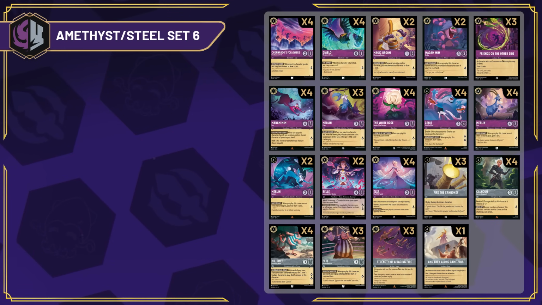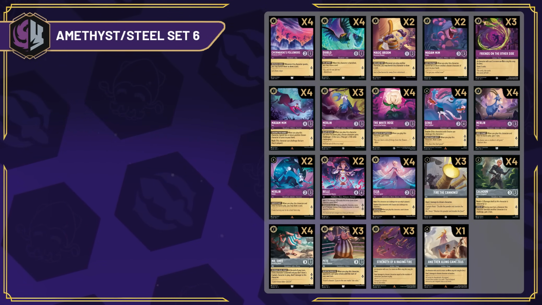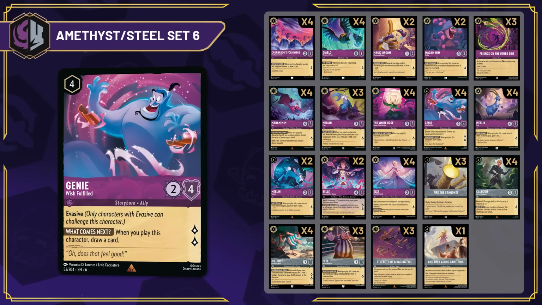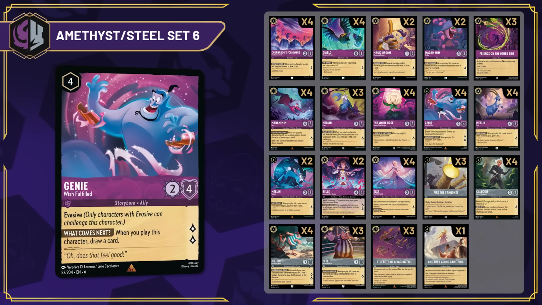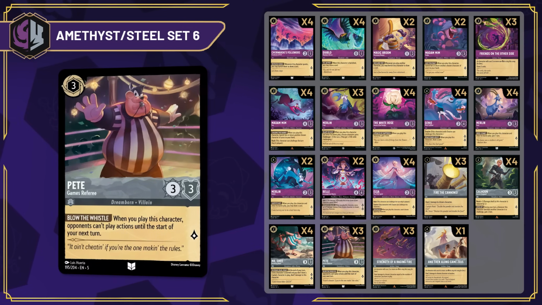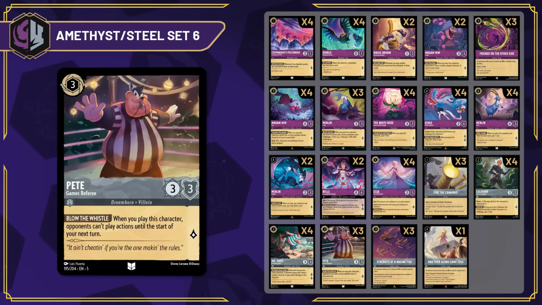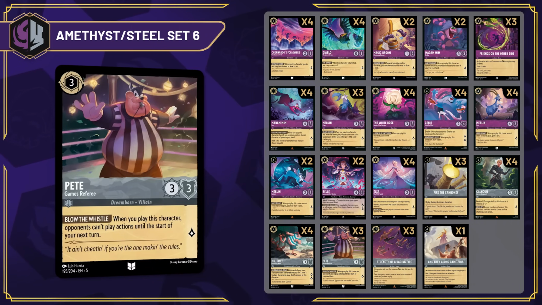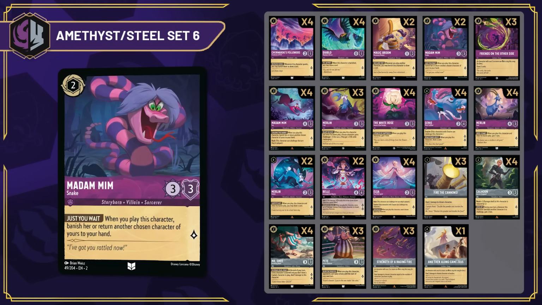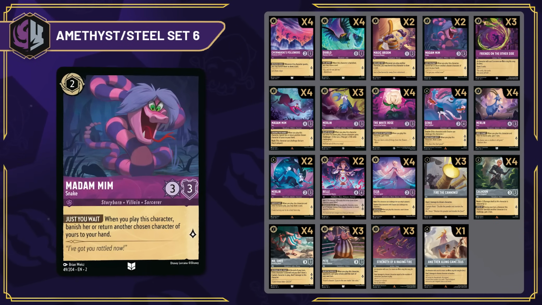The mid game package looks familiar to both Ruby Amethyst and Amethyst Emerald, relying on Genie to apply pressure, and bouncing Merle and Rabbit to generate card advantage to play out more threats. Steel though also has access to Pete, Games Referee, who can turn off a huge amount of removal, letting you set up game-winning board states your opponent simply can't answer. Bouncing back to hand with Madam Mim to use his effect turn after turn and put your opponent in some